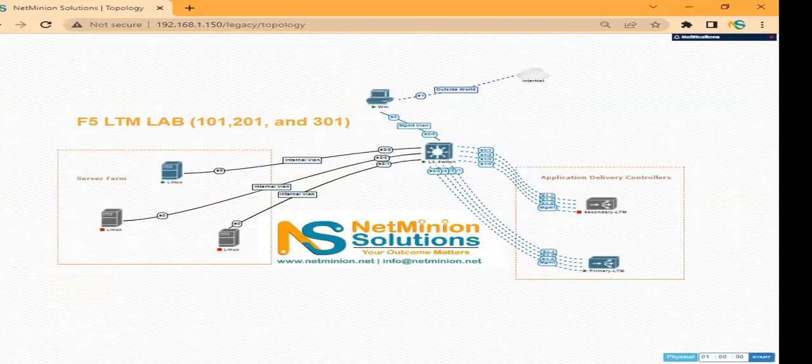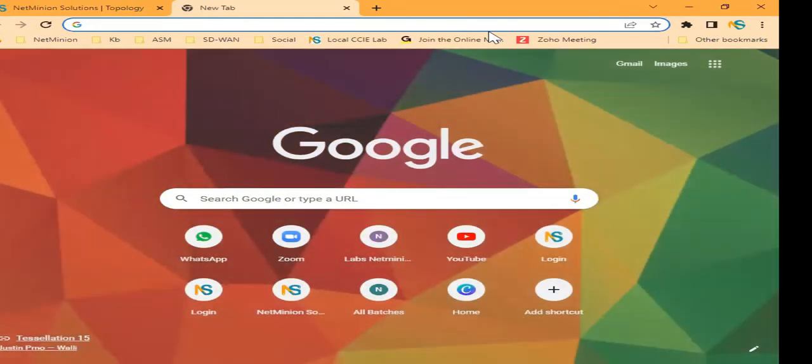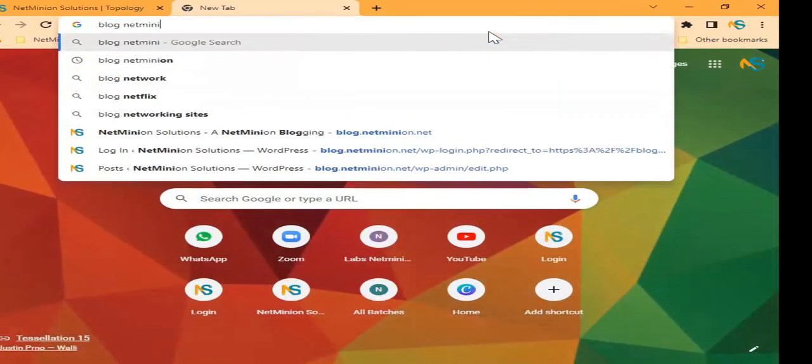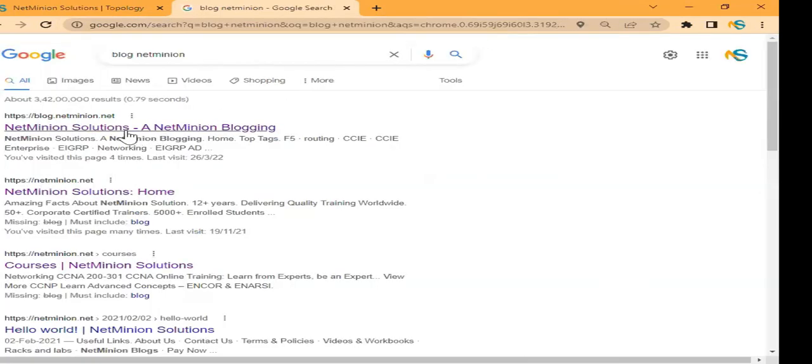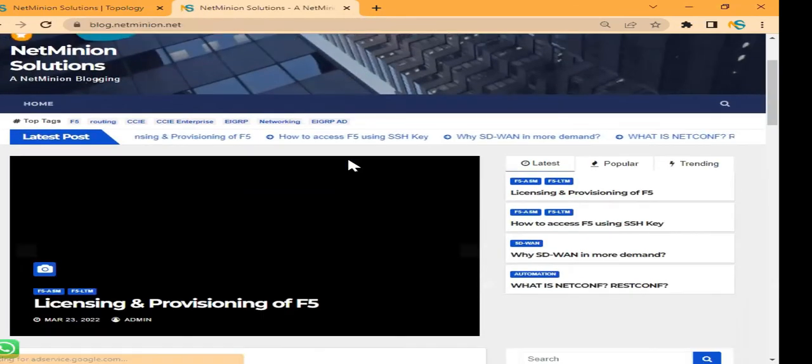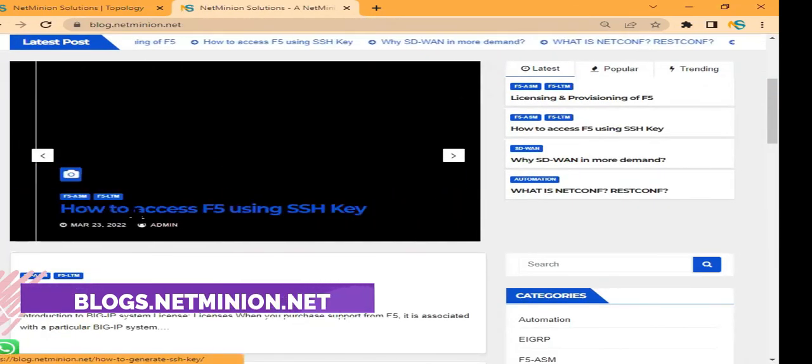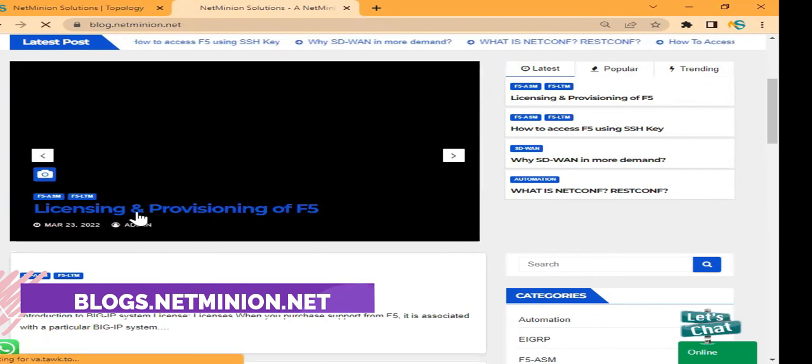Let me show you a glimpse of the workbook, a very quick overview of how the workbook will work, or you can check it through the NetMinion blog. You just open the NetMinion blog and you will find licensing and provisioning.